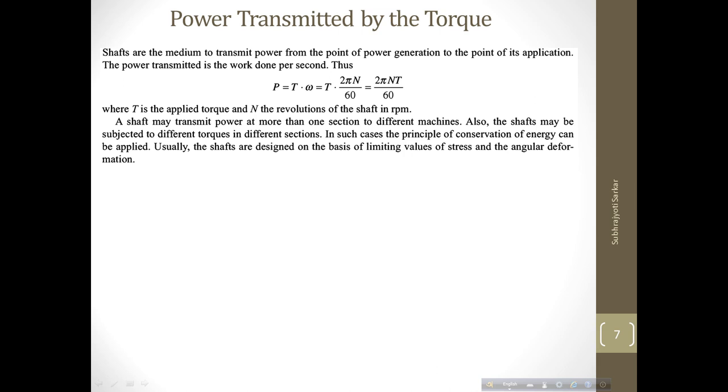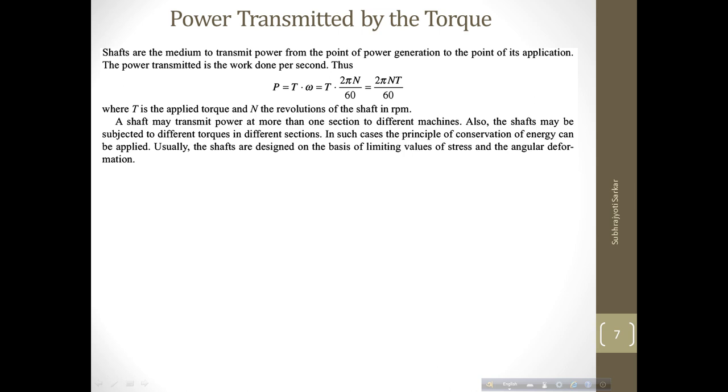into angular velocity. Now which one is the angular velocity? Angular velocity is omega. Because you have the shaft moving at N revolutions per minute, that is N rpm, per second it will be N by 60, and it is revolving through an angle of 2 pi, so N by 60 into 2 pi is the angular velocity. So if you want to convert the rpm into angular velocity, 2 pi N by 60 is nothing but the angular velocity.